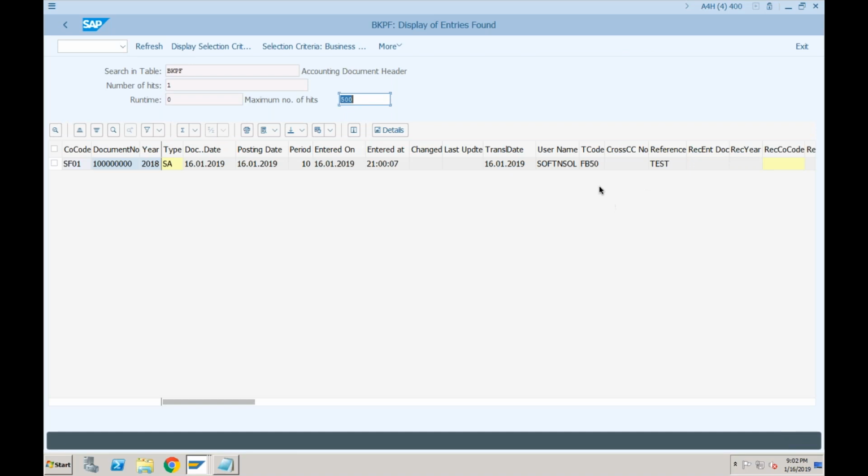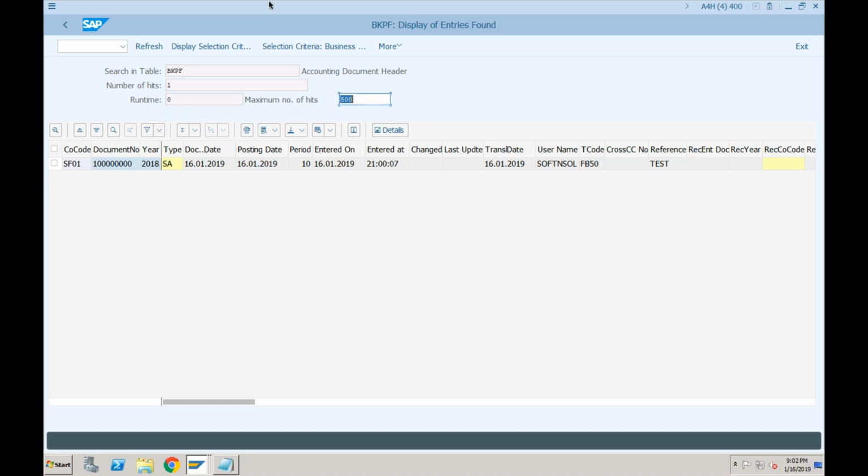So what was your understanding? Can you tell me whether this is correct or not? What have you heard till now? BKPF is available in S4HANA or it is gone? Available. Is it available in SAP S4HANA also? Then what is ACDOCA? Why do we need ACDOCA? BKPF is available. You are correct. Okay, let's see.